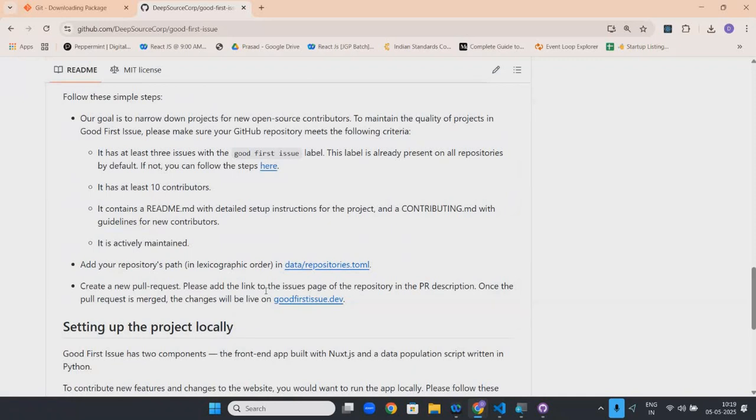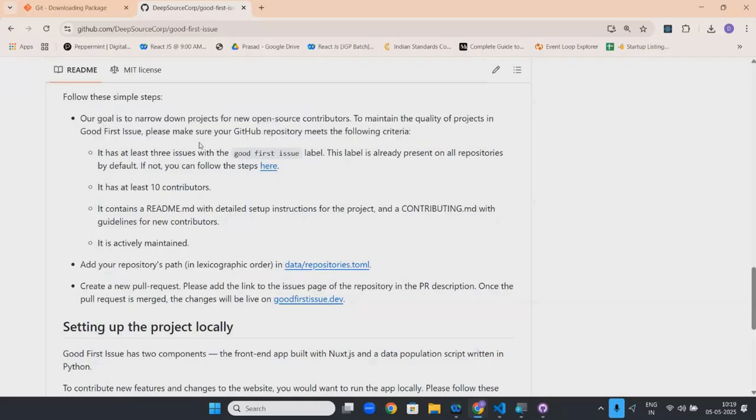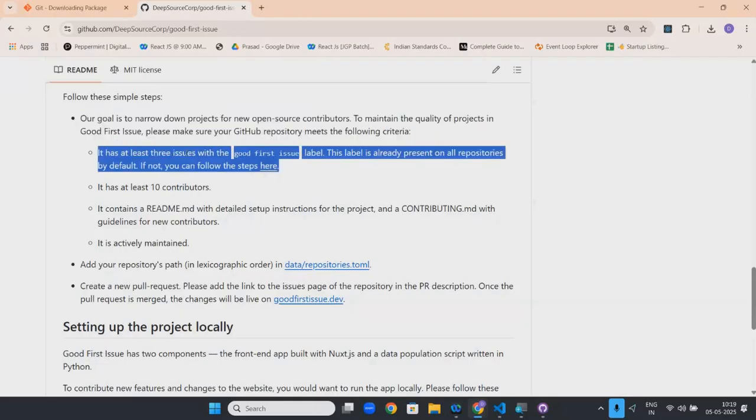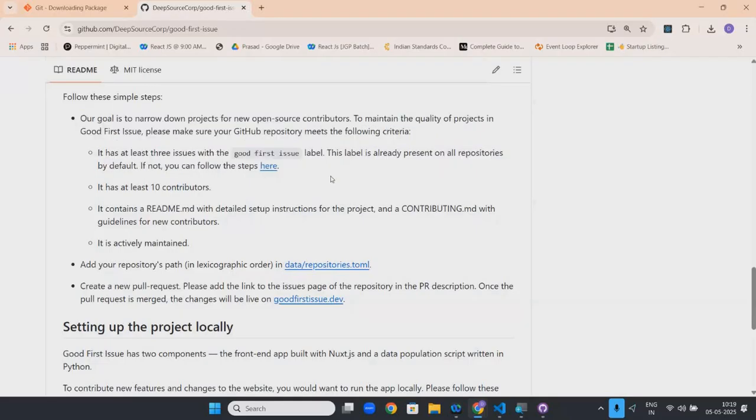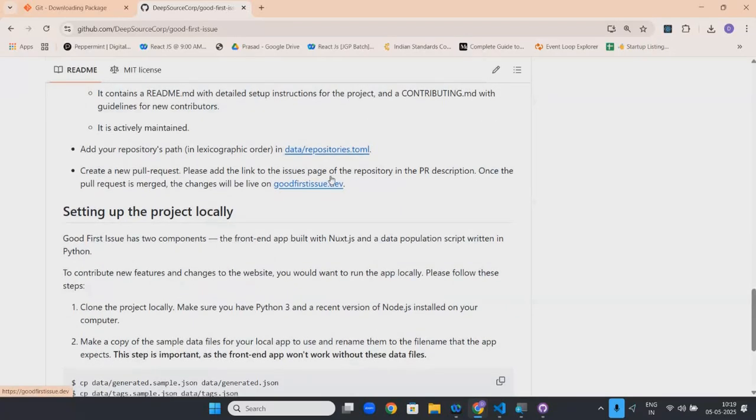Our goal is to narrow down the projects to open source. At least three issues with a good first issue label; the label is already present on all repositories. Readme, the guidelines and instructions. Add your repository path. Create a new pull request.